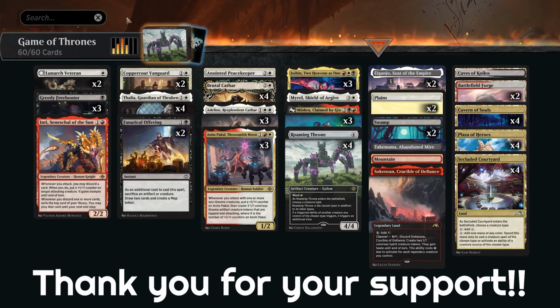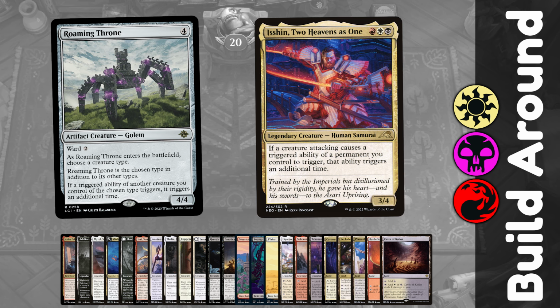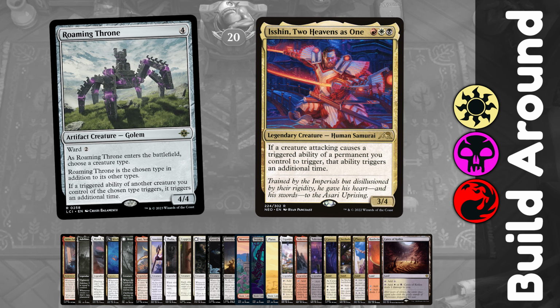But onto this deck, and this is a human tribal deck built around Roaming Throne, and specifically what happens when you click attack. My last video used the Throne to name Warrior in a combo deck. Check it out if you haven't yet, but if you haven't seen this card before, it's a 4-drop 4/4 colourless